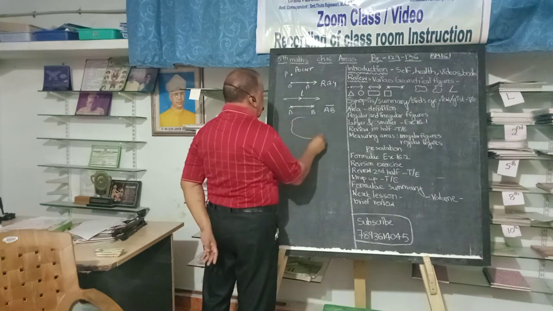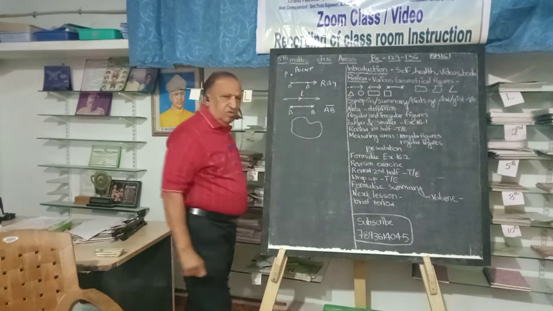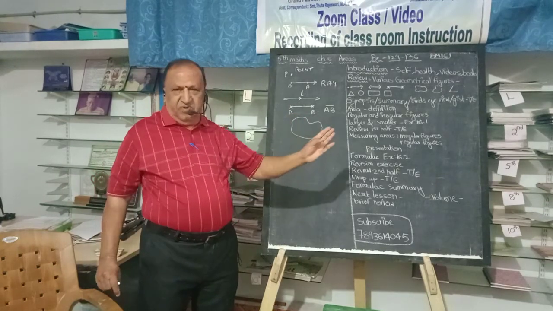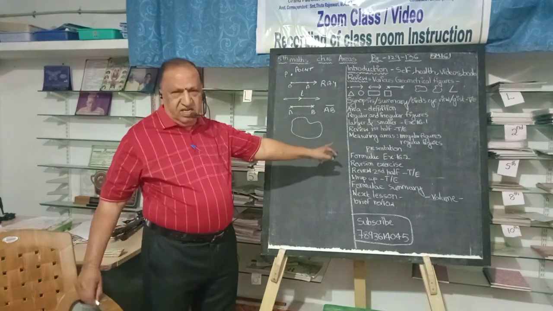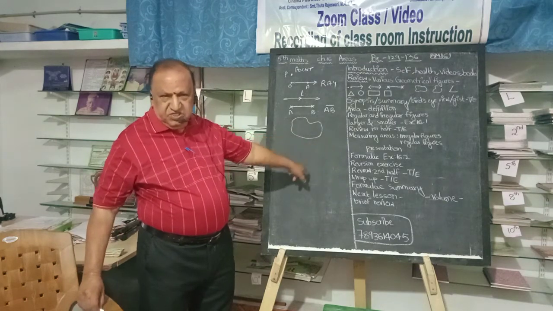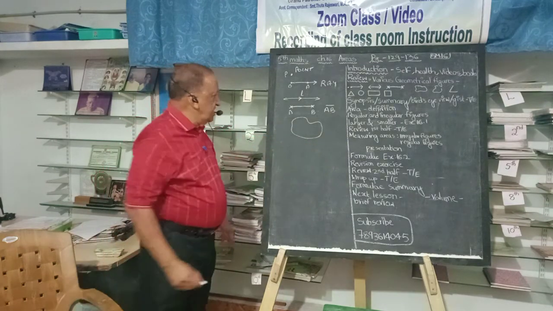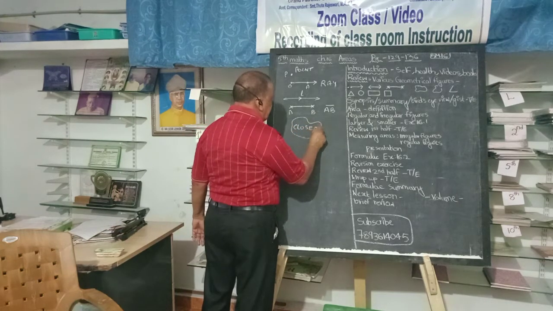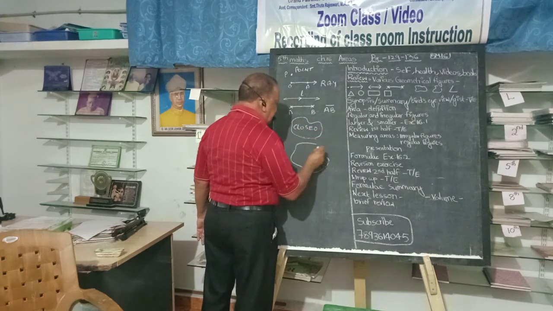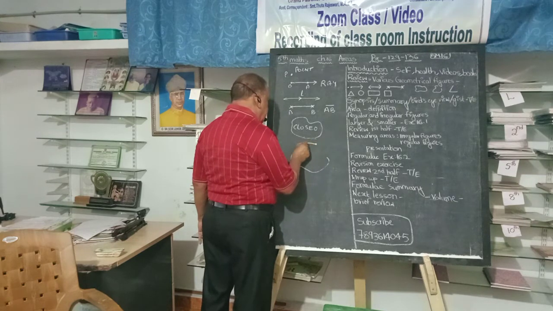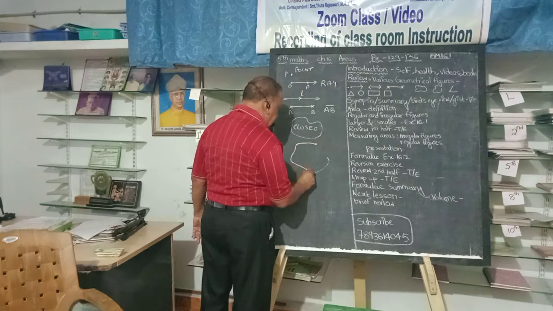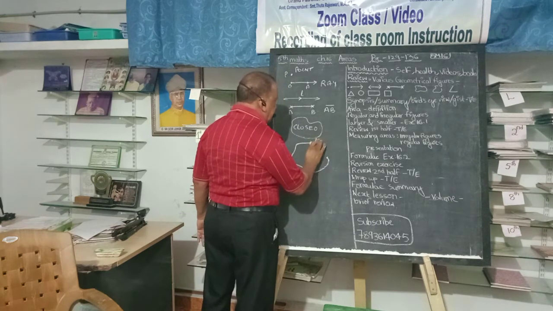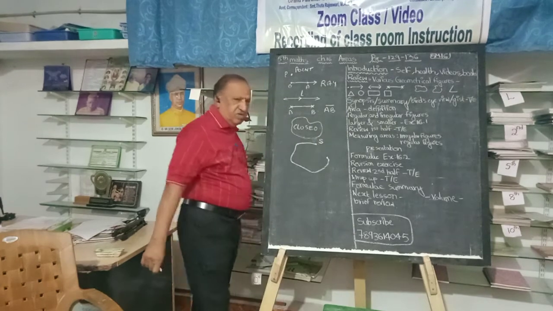Now this is called a closed curve. Closed curve means when you start at one point, you should be able to come to the same point after walking along the shape, along the curve. So here in this case, this is a closed curve. Whereas if you have something like this, if you start here, you come all the way here, and you come only up to here. This is your starting point. You don't come to the starting point.